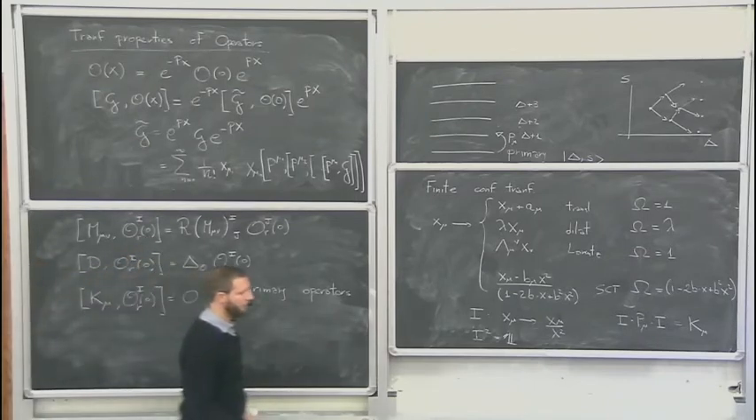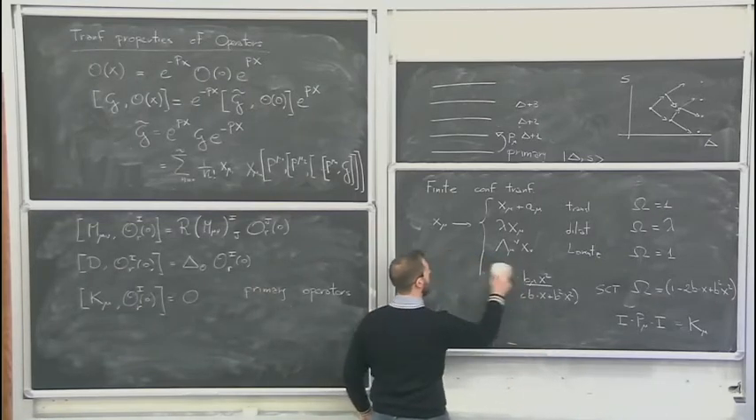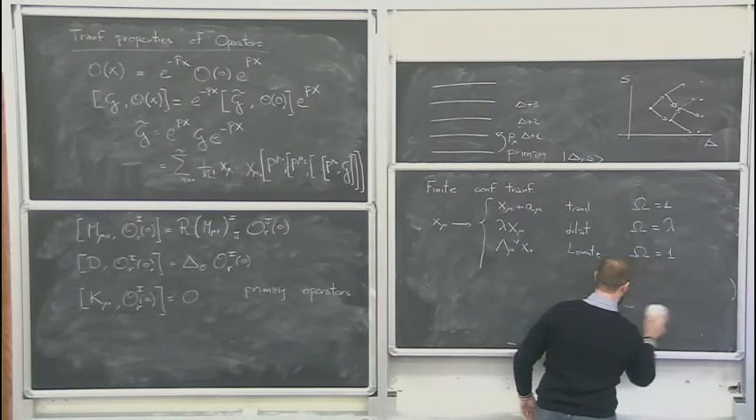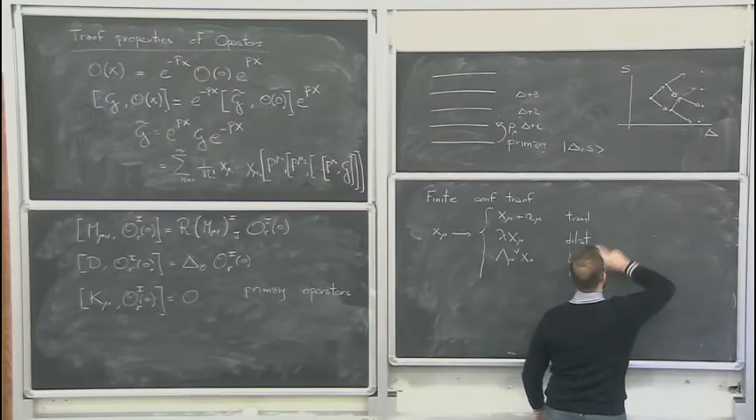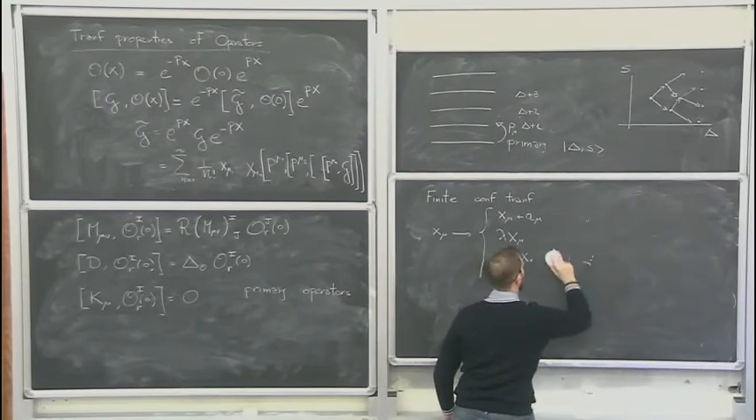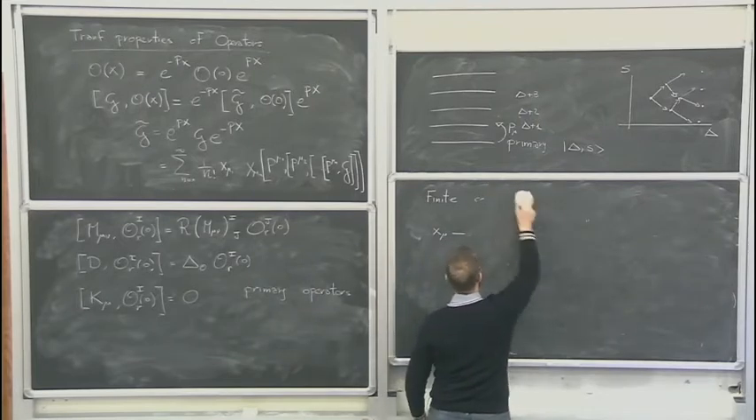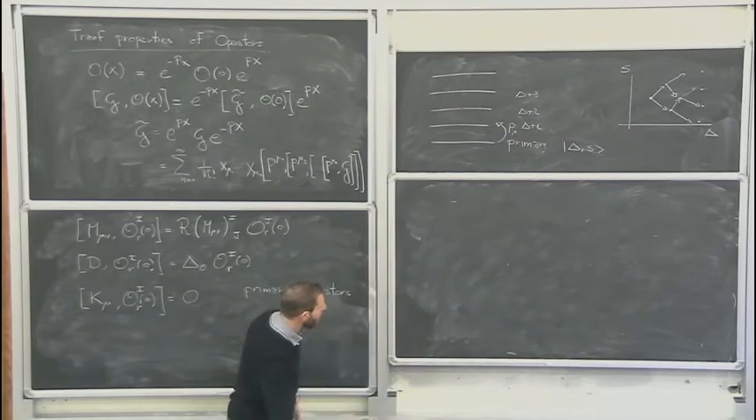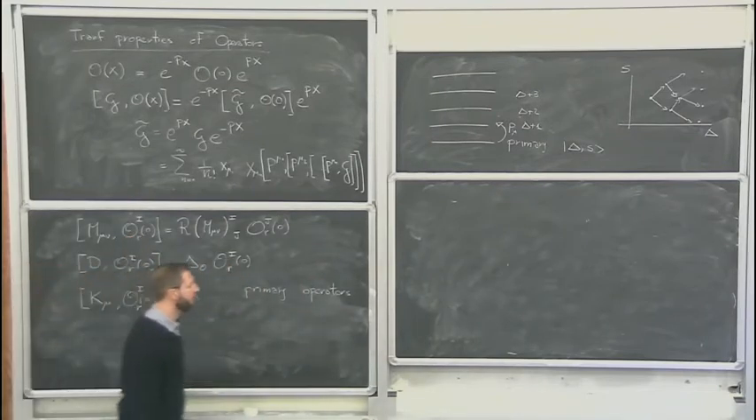I will not do that, but it will be in the lecture notes, because it's not very important. What is important is to understand how the operator transforms under a finite transformation, the one that I just erased. And what you can prove, and I don't have time to do that, is that if you have a primary operator,